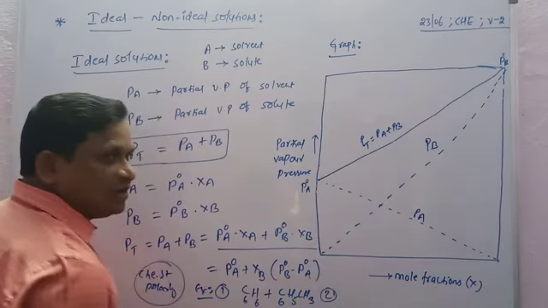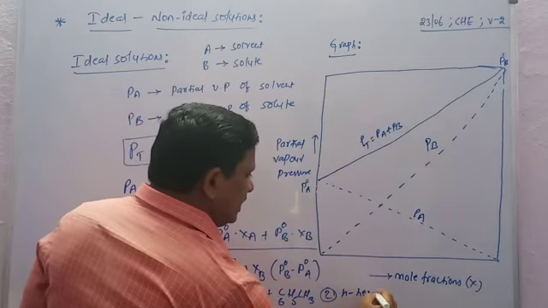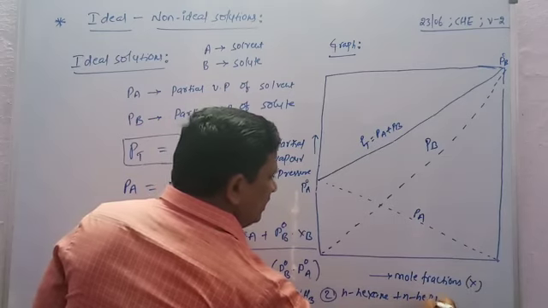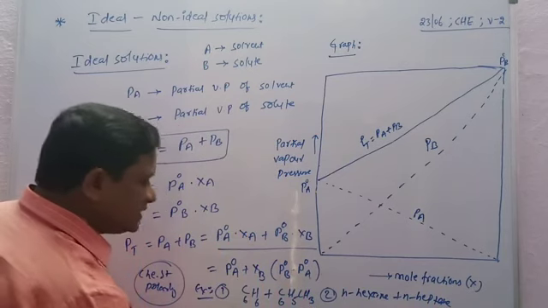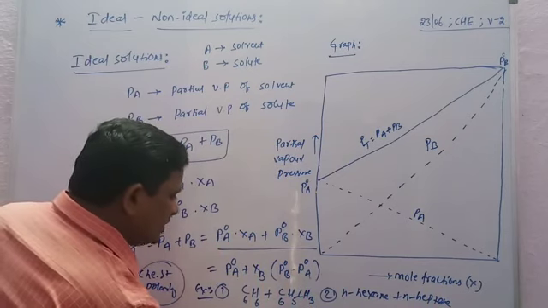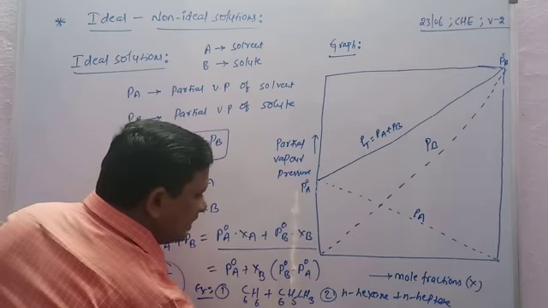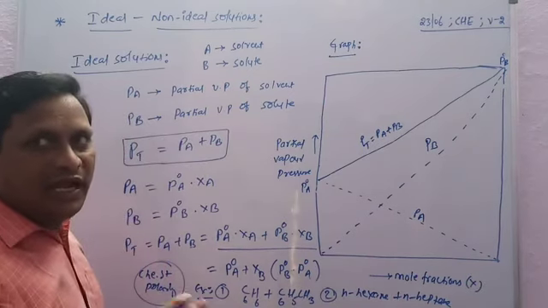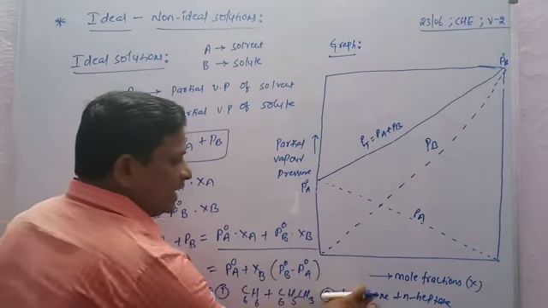The second example is n-hexane and n-heptane. The third example is ethyl bromide, C2H5Br, plus ethyl iodide, C2H5I. So these are the best examples of ideal solutions: benzene plus toluene, n-hexane plus